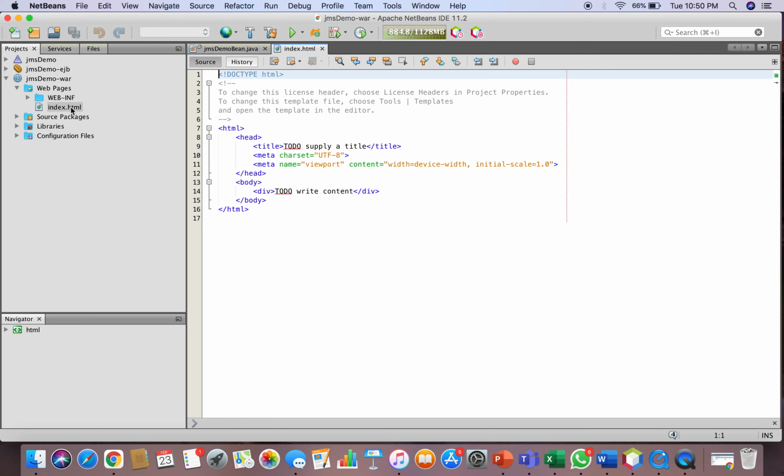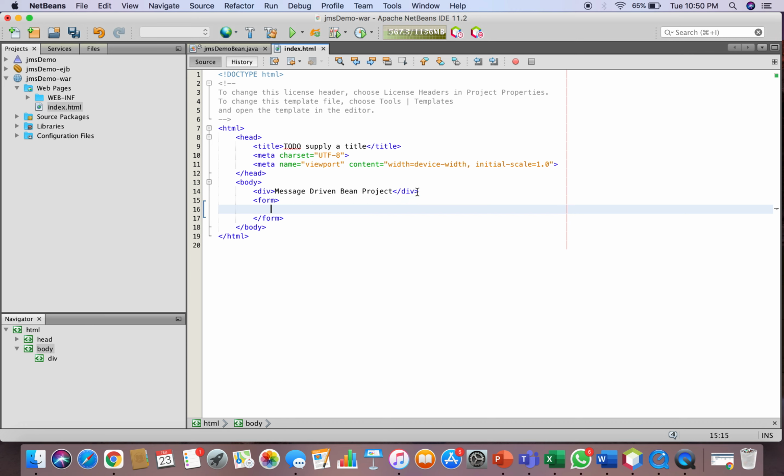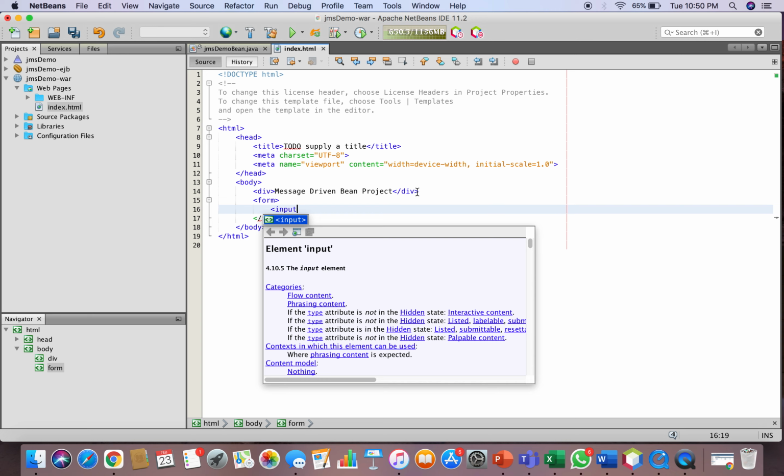As I'm going to keep it very simple, I'll just change some content like message driven project. I'll create a form which will ask the user about the text that you want to send to queue.